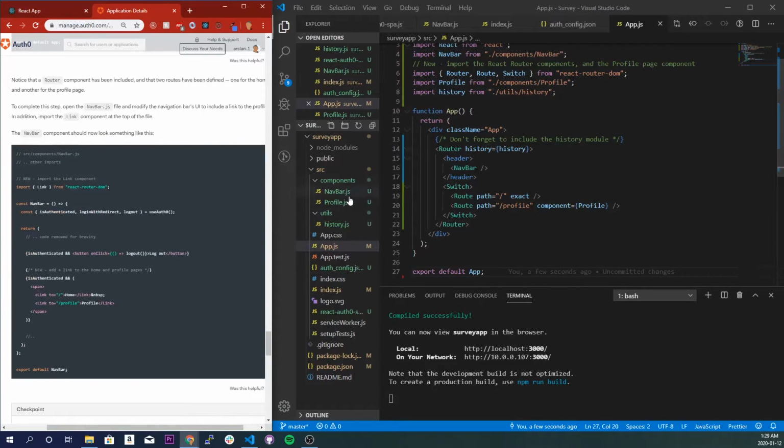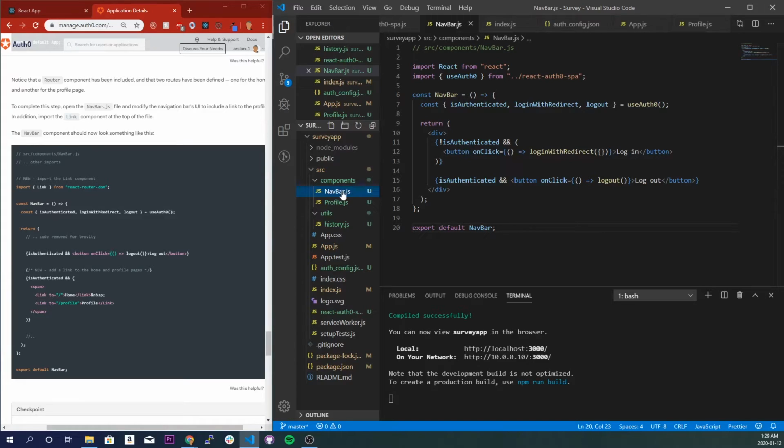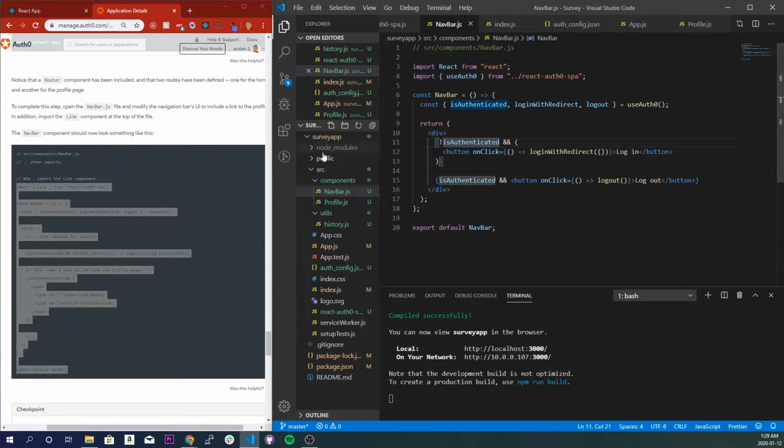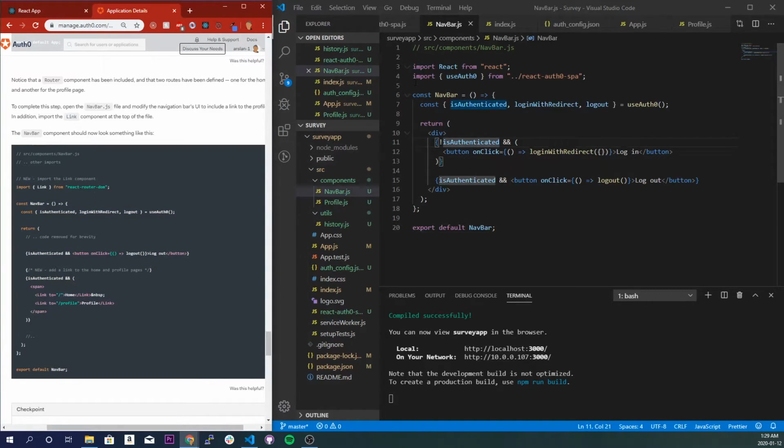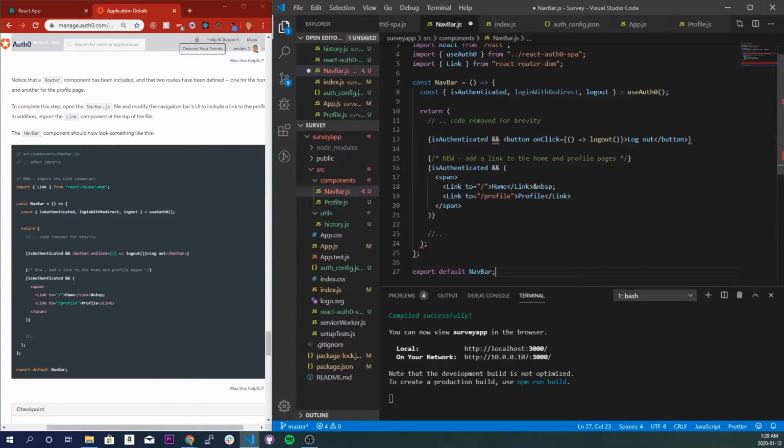We're going to go into our navbar.js file, and we're going to implement the links for the actual navbar. So when we logged in, you saw that we have to manually type /profile. This is what's going to prevent us from doing that ever again, because that stuff is not good. So I'm just going to copy all this stuff right here. Oops. And I'm going to leave these two imports here because they're useful. Paste it right there. Now this doesn't work because it's also very funky, very weird. So to make it work,